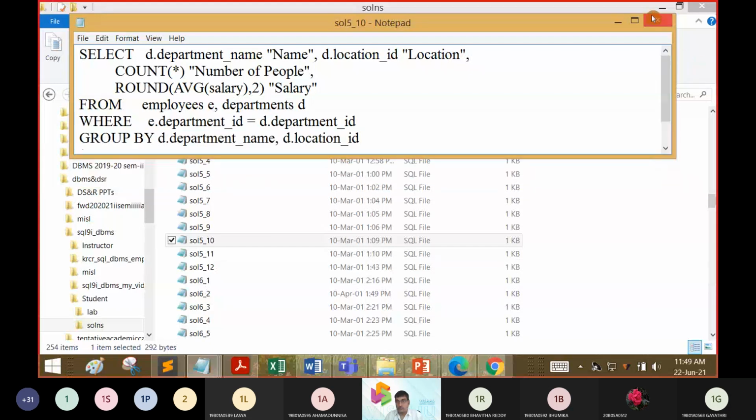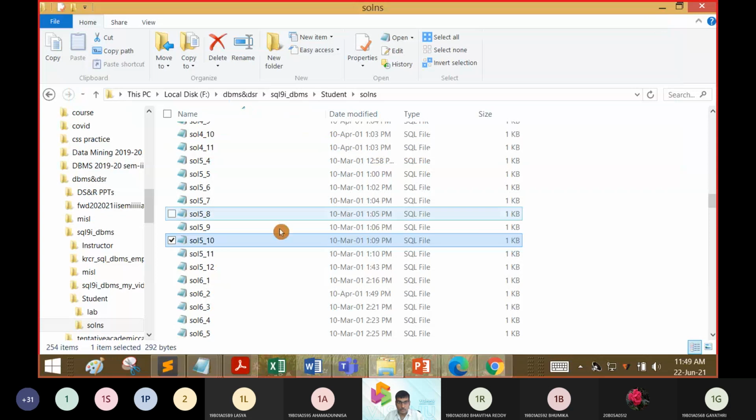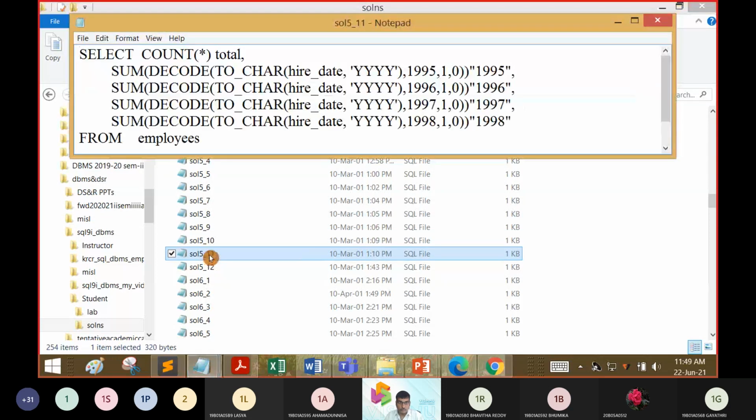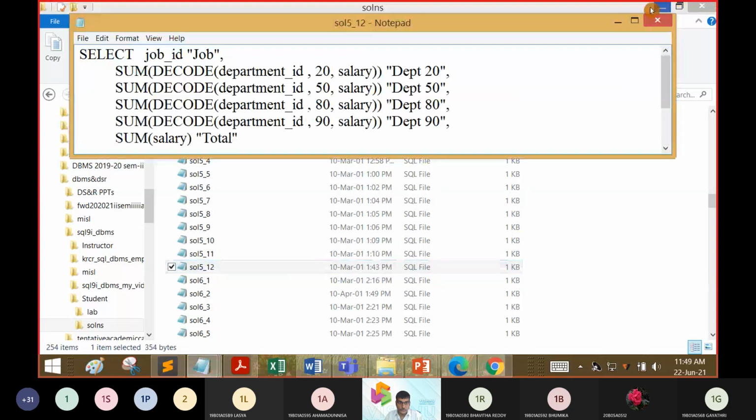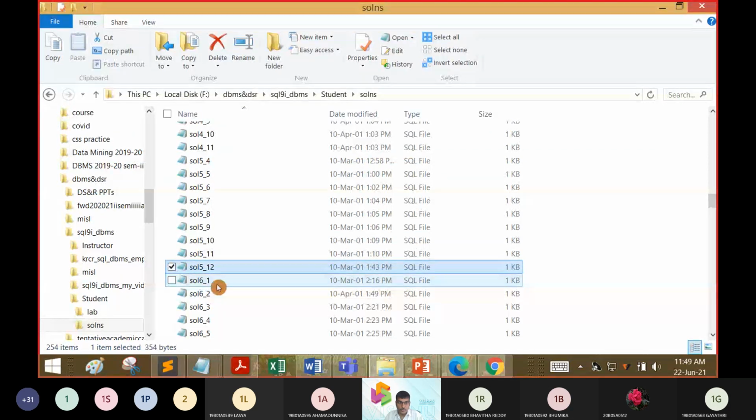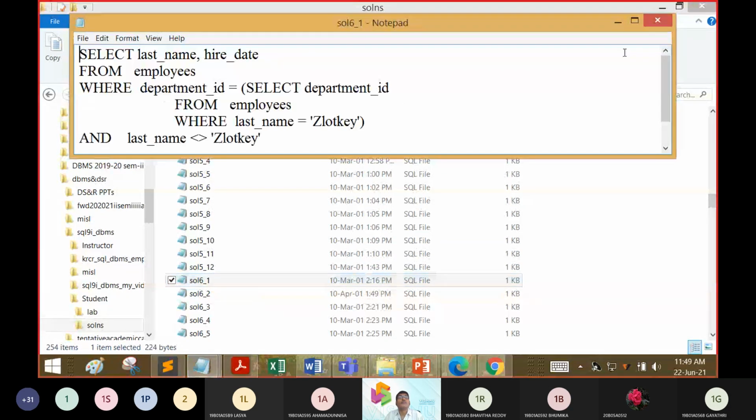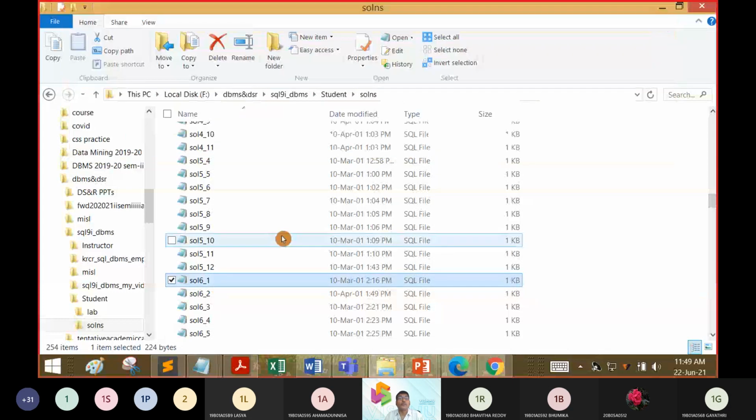Location is not there, so this query I can't solve. Decode is advanced. This is a subquery part.